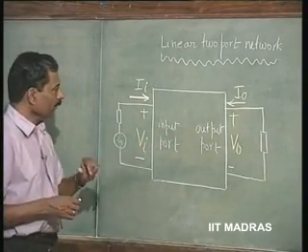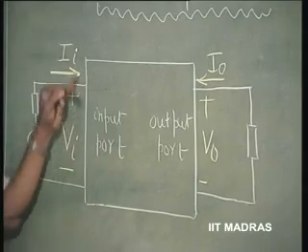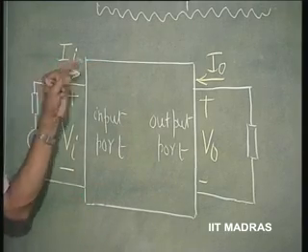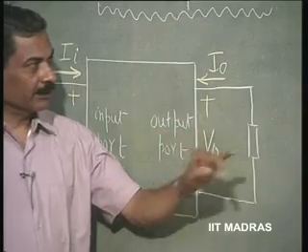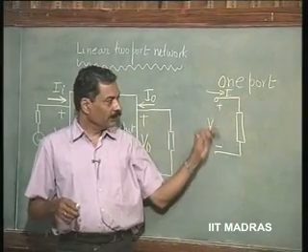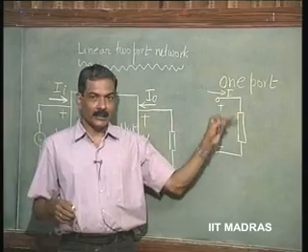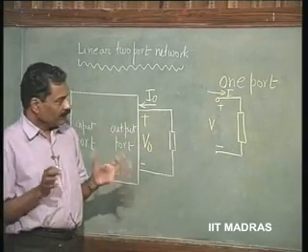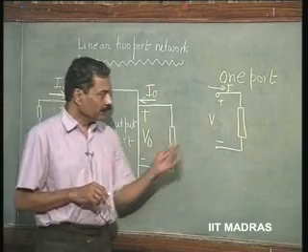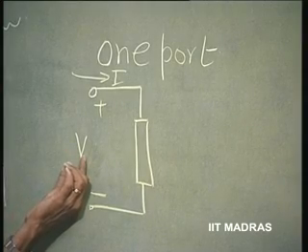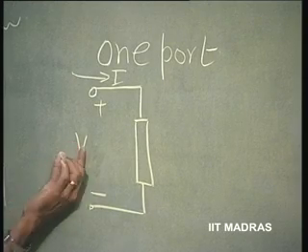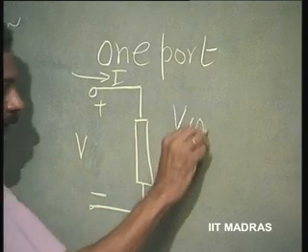This we have already done. We have defined a two-port network in the following manner. It has input voltage, input current, output voltage, output current. A one-port network, linear, has a voltage and a current. Now, some mathematical concepts here. If V is the independent variable in a one-port network,